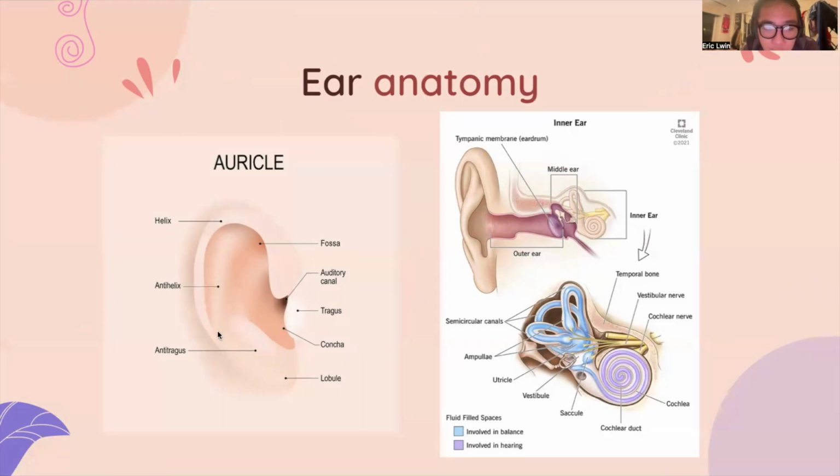This is where you can get costochondritis, which is inflammation of the cartilage and connective tissue of the ear, which will appear erythematous and swollen. The last thing in the external ear anatomy is the mastoid process, which lies just behind the ear